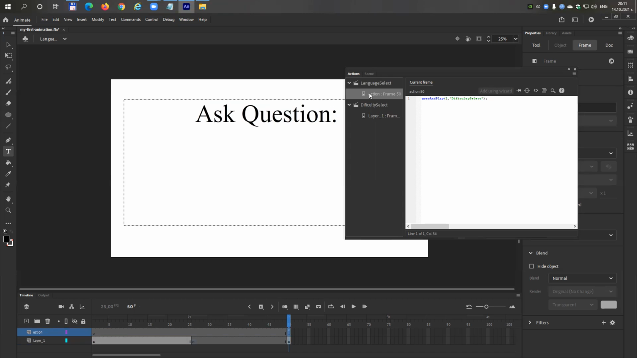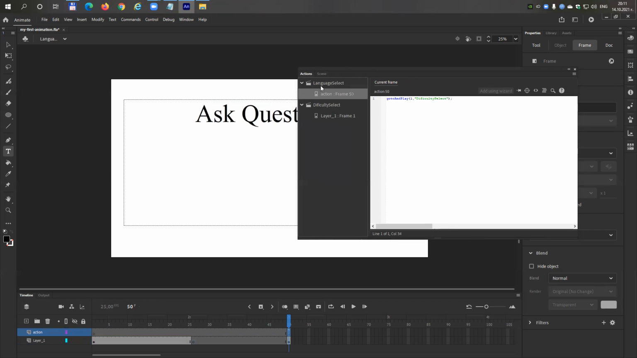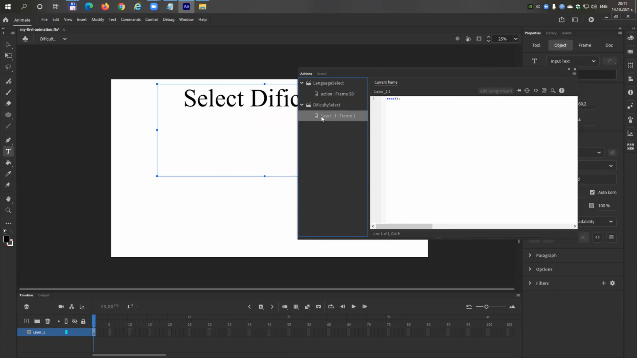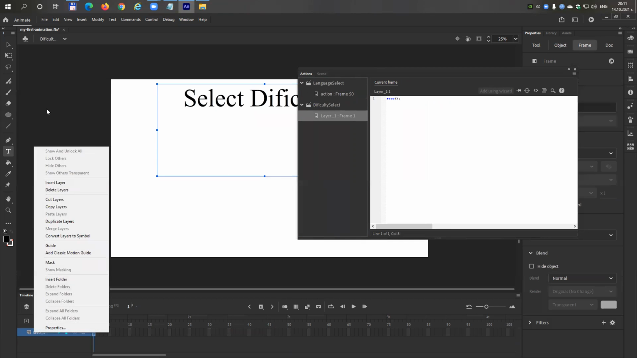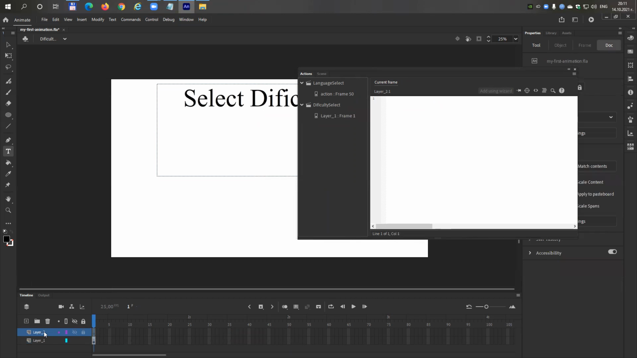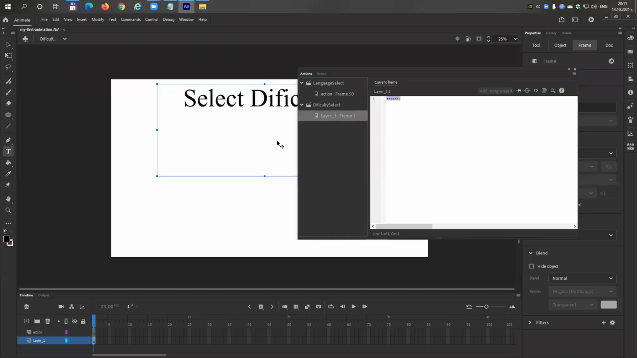And when you do this, as you can see, language select action. So I can see language select in the action layer on the 50th frame, I have this command. It's the same idea when I use difficulty select. Once again, I can insert a layer, call it action, and just copy this code. Just copy this code, and once again,